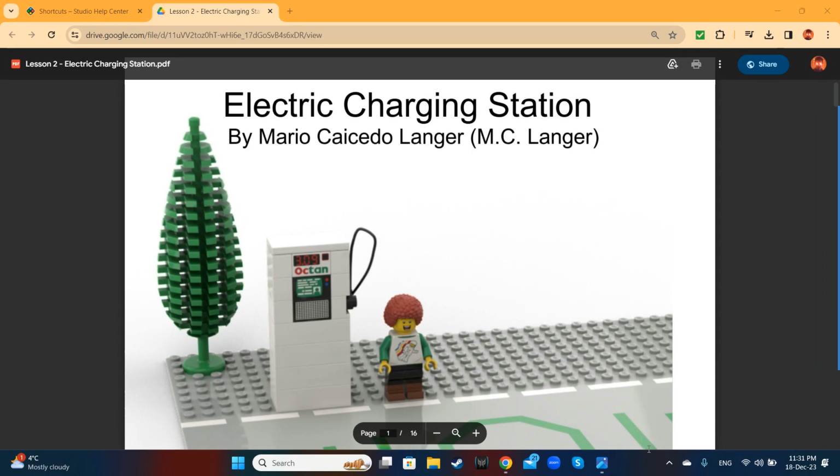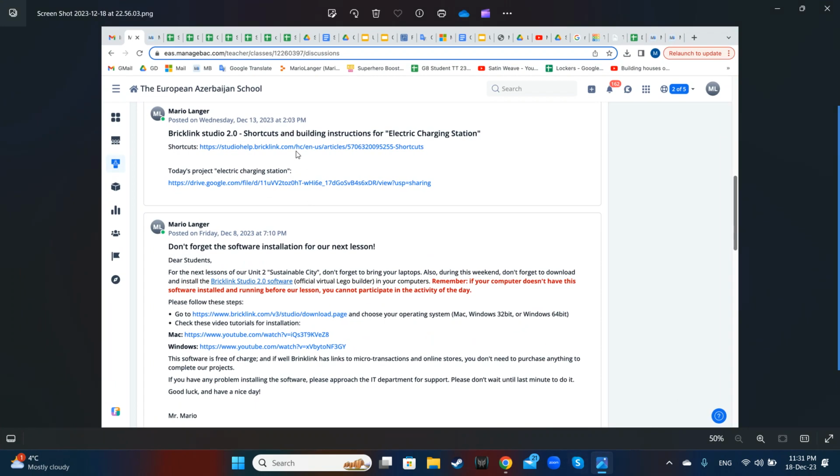First, for your reference, I want to remind you that in the discussions in Manage Bug, I repeat, discussions, I submit some important messages, so please check them. In this case, I have this message where I am saying how to download Bricklink Studio 2.0 and how to install it. Here for Mac, you can find a video tutorial for Mac and here a video tutorial for